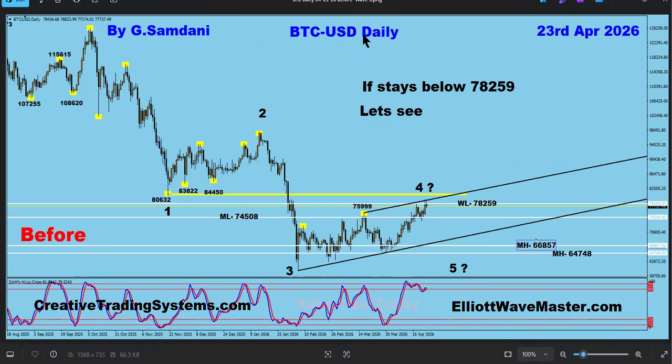And now I switch to the daily chart so we can see the bigger picture. So you see easily, and in my videos you can watch that I started saying that, okay, this doesn't look like wave 1 and 2 or going for 3. No, this is more like the correction of this, similar like this, right? So if we say 1, 2, 3, and then this could be wave 4, then somewhere here around 82, 83, we're going to drop for wave 5.